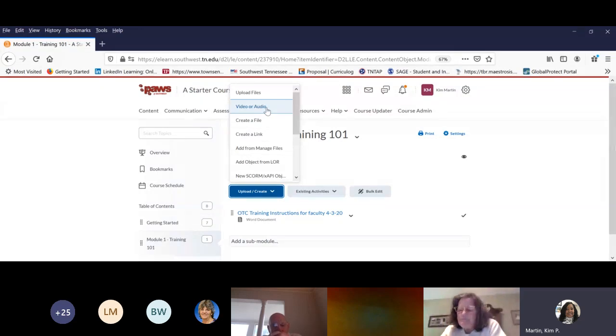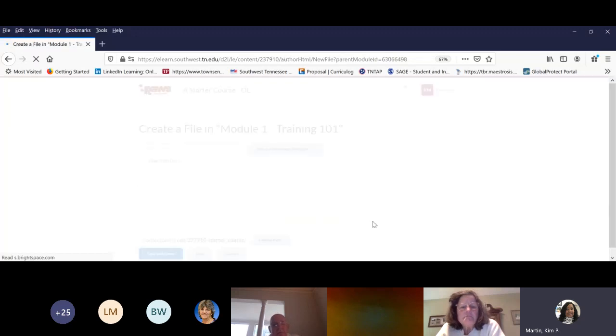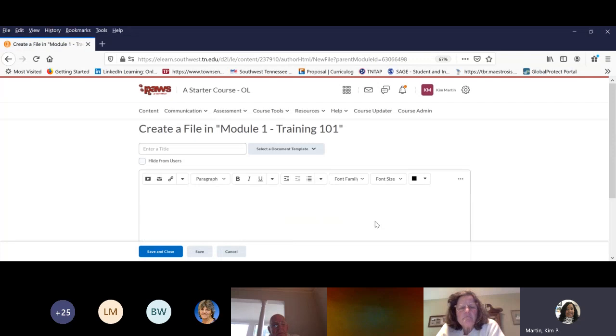So the next area is create a file. This is the most important area that I need to cover today. So how you create a file, I'm going to create a file. And let's just say you have all these pages of Word documents, right? And you want to provide information to students rather than handing them out in the class, right? You would go to your Word file and you would copy your content, which I'm doing now. You guys can't see that piece, but I'm going to